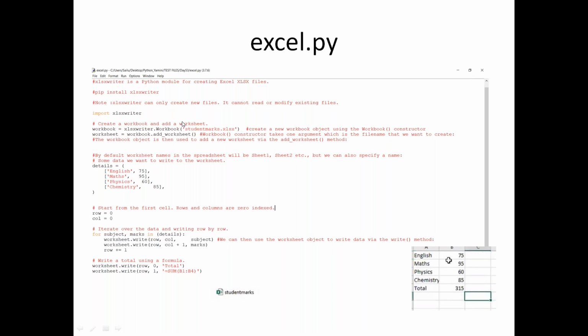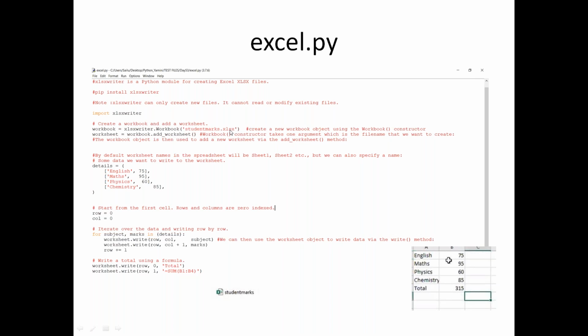Now I want to create a new workbook. How you write it is class name dot function name. If you remember when we discussed classes and functions, if you want to operate any function which is already available in a class, you have to prefix it with the class name. Similarly, xlsxwriter is the module. So xlsxwriter.Workbook. What you want to open is nothing but a workbook. Workbook is a function to open a new file. In brackets, the file name you want to open.